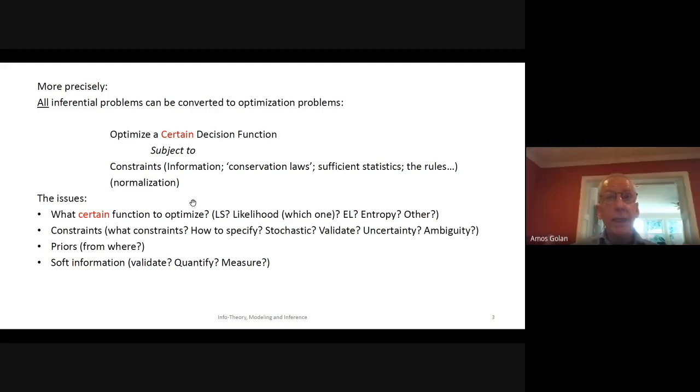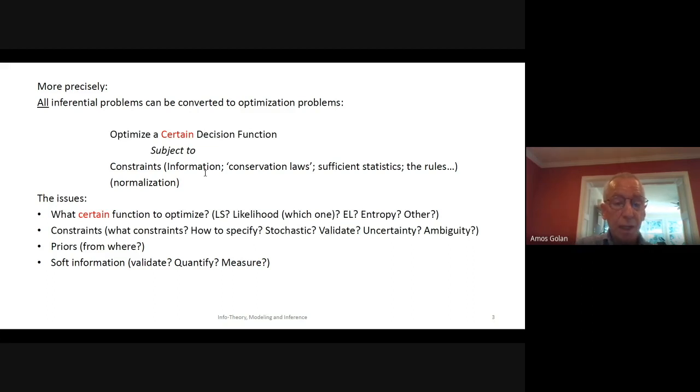Okay, so it comes from our understanding of the system that we try to model. Then within this approach, we can also test the assumptions or the structure, whether it is consistent with the observed data that we have. We'll see some examples later on. So the constraints can be tested against the data that we have. This is the more empirical way. Other than this, basically you impose constraints that you believe